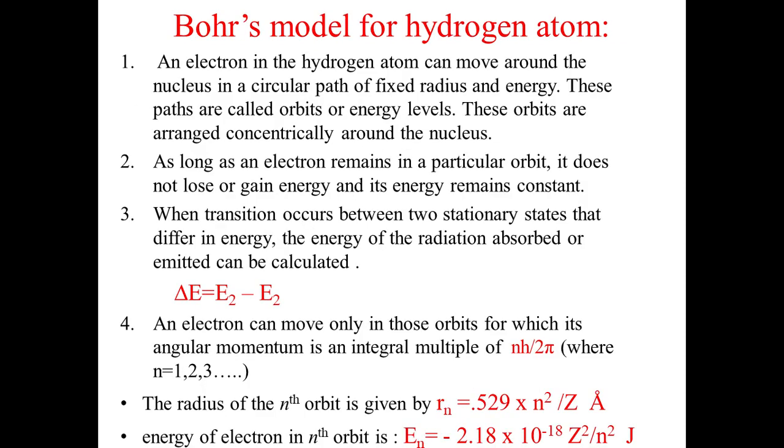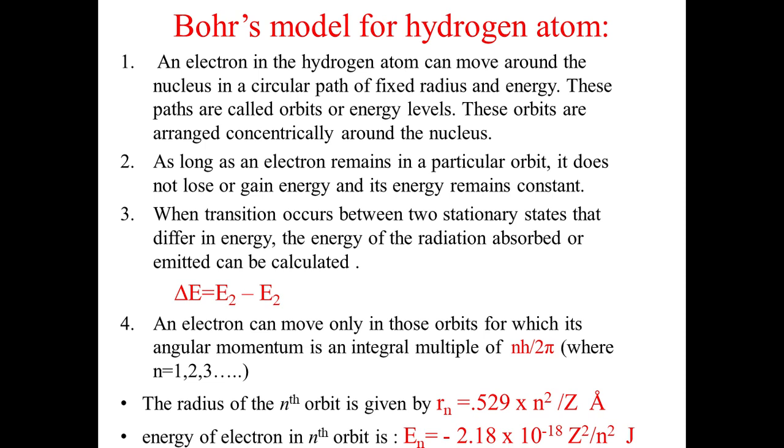Come to the next, that is Bohr's model. A very good model put forward by Niels Bohr. One of the biggest drawbacks of this model is that it is not valid for elements other than hydrogen. That is the biggest drawback. So what do we say about this model? First, the introductory part: the Bohr model is only applicable for hydrogen or hydrogen-like atoms.